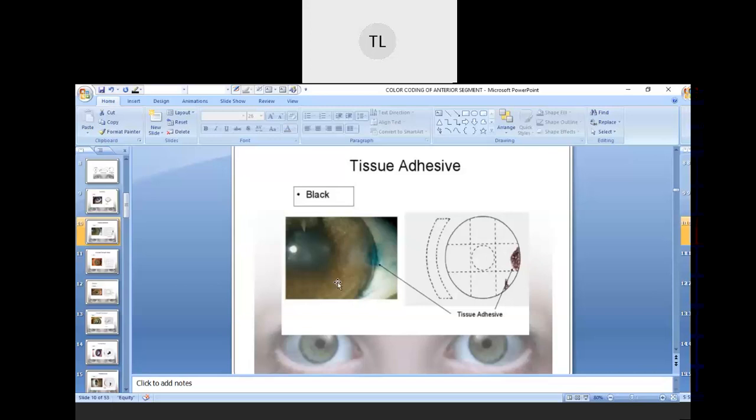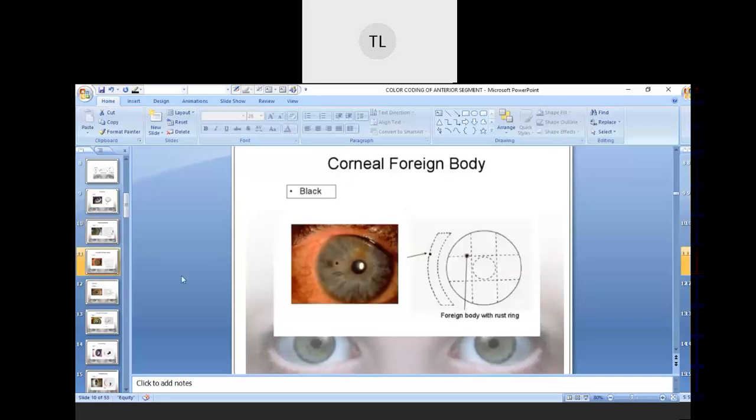Okay, so this can be a sign of your synechia also. In this case, we need to draw it with a black color. Like I said, if there is any foreign body embedded on the surface of the cornea, we have to draw it with the black color, right? And also we have another diagram, that is a slit diagram. This is actually telling you about the depth of the foreign body. So that one we need to draw it with the black color.